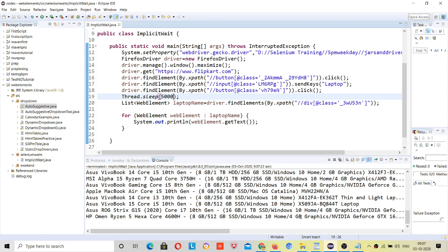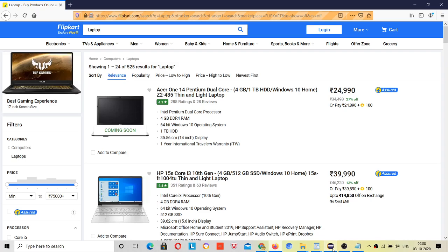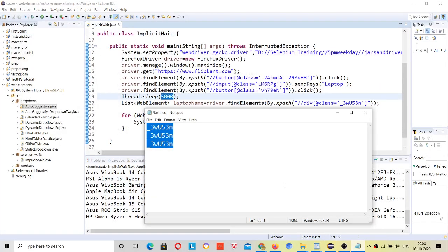Now see, first of all, I have shown you that I saved 5 seconds, but this click and the result loading totally depend upon three things. First, the network that you are using, second, your internet speed, and third, the data load inside the website, right?